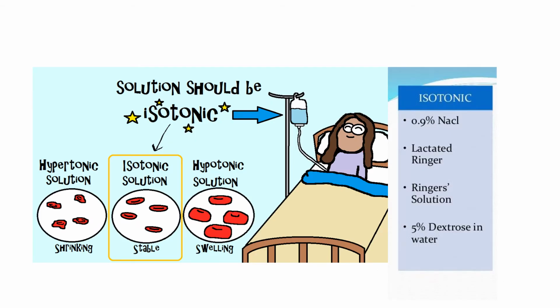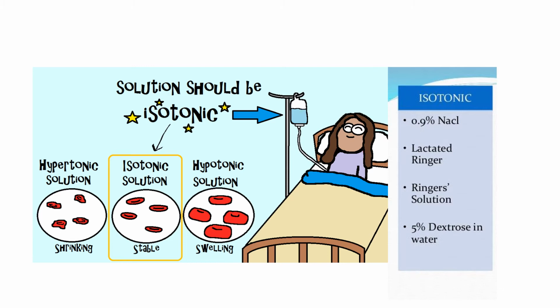So what will happen if we do not follow the laws of osmosis, or we use a solution that is not isotonic to the body, a hypotonic solution or a hypertonic solution? You can see here the hypotonic solution will result in the movement of water inside the cell, and it will lead to cell swelling. And when we talk about hypertonic solution, it will cause the crenation or the shrinkage of the cell. Again, the physiological activities of the cell will be depressed.